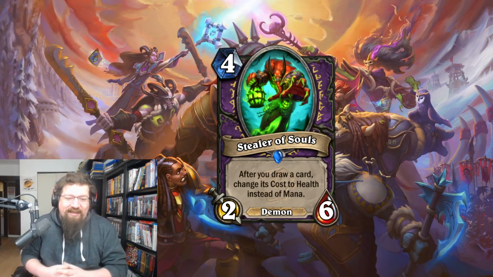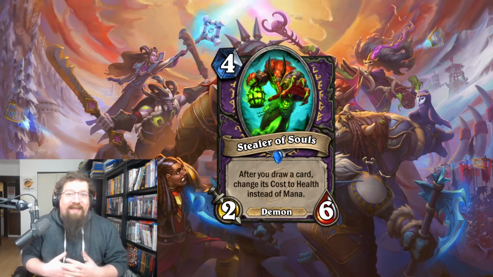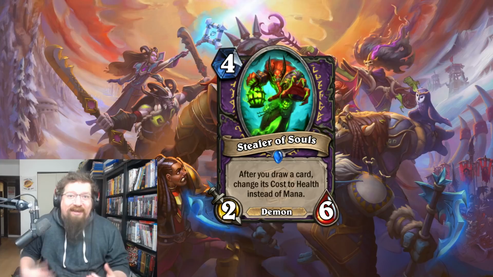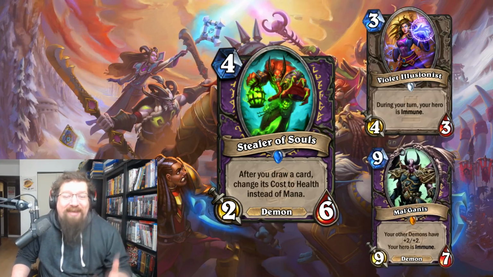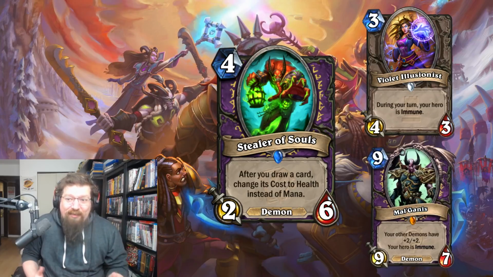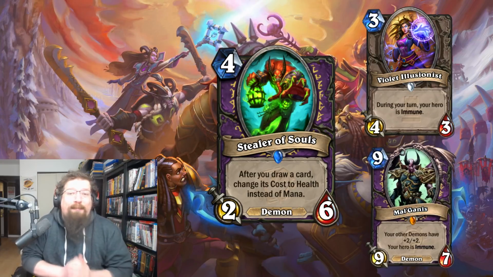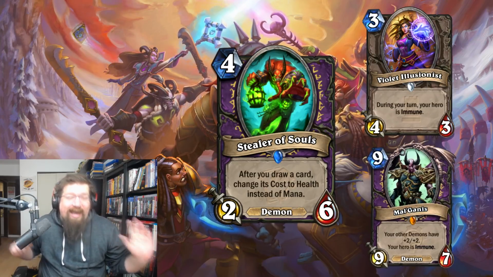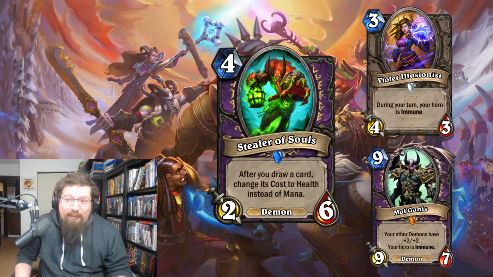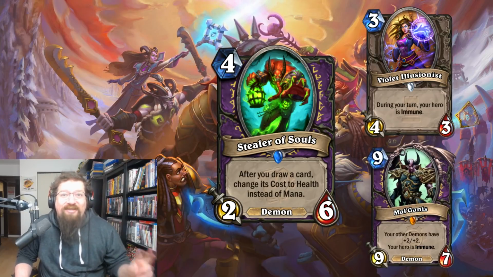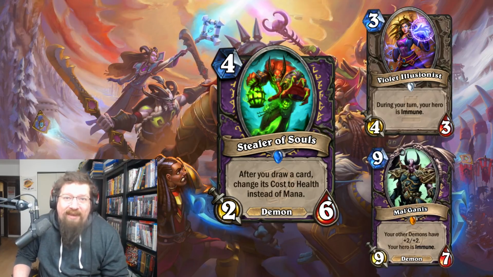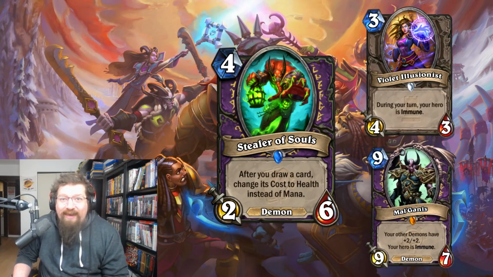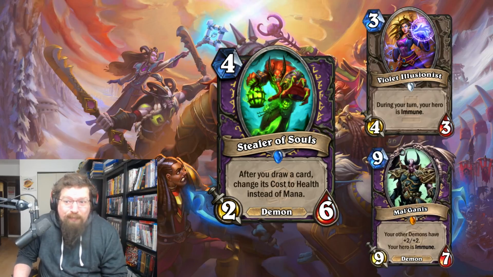Stealer of Souls, basically you draw a card and you can play that card and you damage yourself for that mana cost. However, within Wild, you have Violet Illusionist, you had Mal'Ganis, making yourself immune, and then basically can rip through your deck and play everything. And it was absolutely busted. And back when the card got banned, this was a 4-mana 2/6, and well, it eventually got nerfed in Standard, but before that happened, it was banned in Wild, made ineligible,